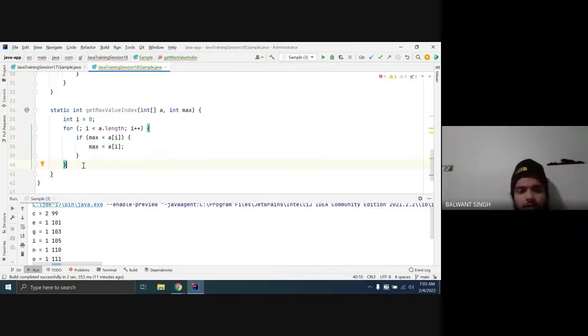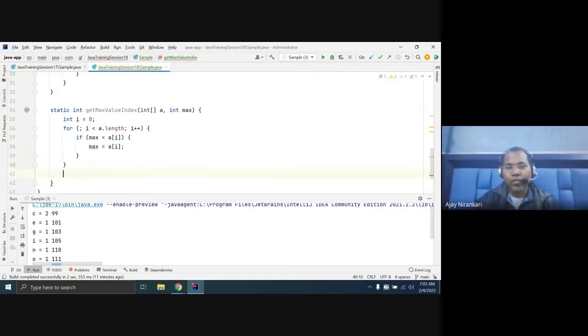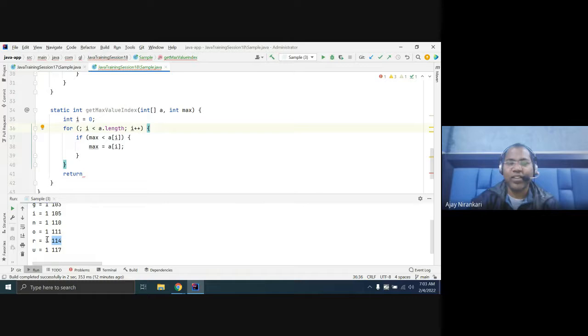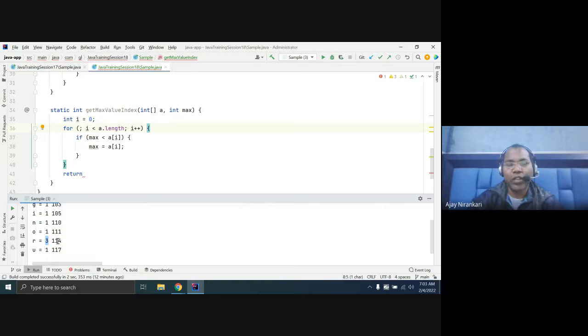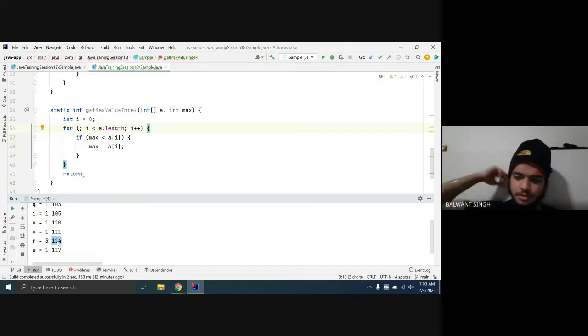Yes, sir. Whenever you come out, what do you want to return here? Whenever the loop is over, you have found the maximum. In this case, we found the 3, but I do not want to return 3. I want to return this index. So we will return i.